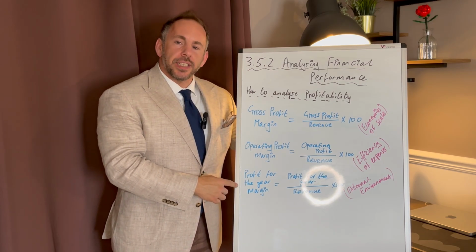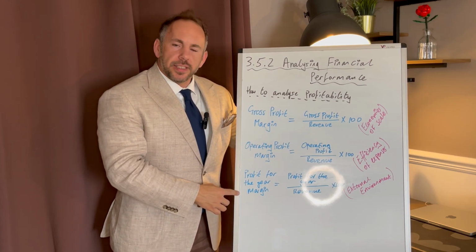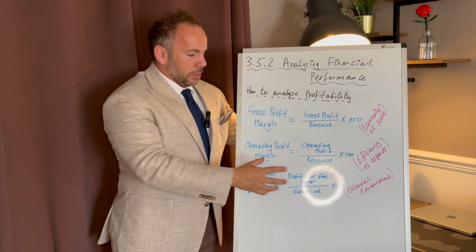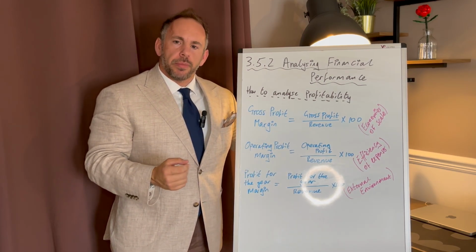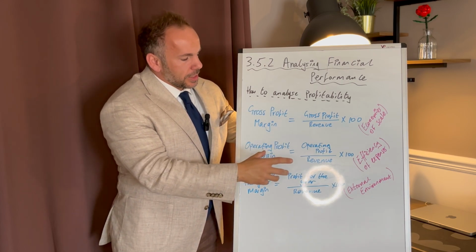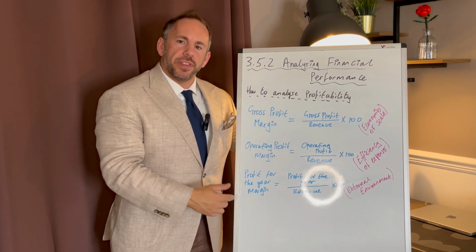Then, lastly, we get into our profit for the year margin. As I said in the previous videos, this doesn't really come up a great deal in AQA A-Level Business, but we still need to know it. So we simply take our profit for the year and we divide it by revenue times by 100 and we get a percentage. Now, what this tells us is the external environment's impact, because remember, profit for the year is